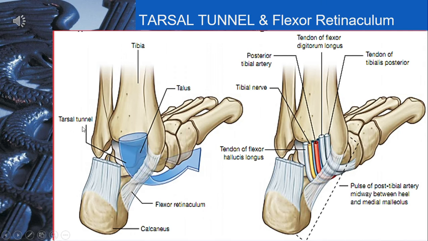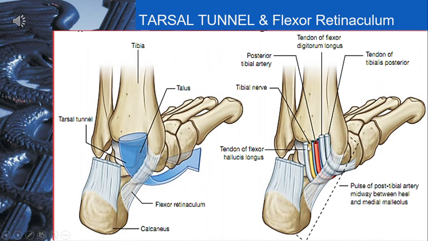It is homologous with the carpal tunnel present in the upper limb as seen, and due to the embryological rotation of lower limb, it is present posteriorly. So you can see the arrangement of structures in the tarsal tunnel. And you can observe that the most medial structure is tibialis posterior, as tibialis posterior crosses deep to digitorum to get most medial. Then we have the tendon of flexor digitorum longus, then the neurovascular bundle, and then the tendon of flexor hallucis longus.